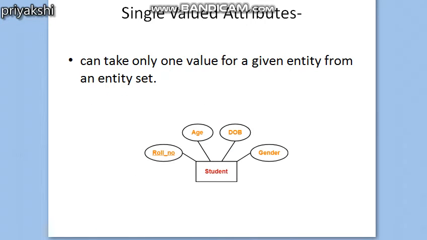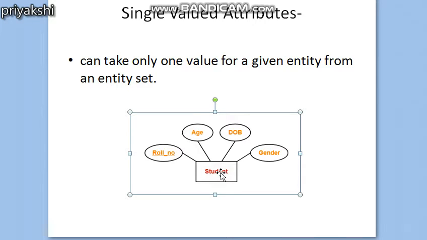The next attribute we will be seeing is the single valued attribute. Most attributes that you are going to encounter in an ER diagram are single valued attributes. Single valued attributes have a single value for a particular entity, or can take only one value for a given entity from an entity set.